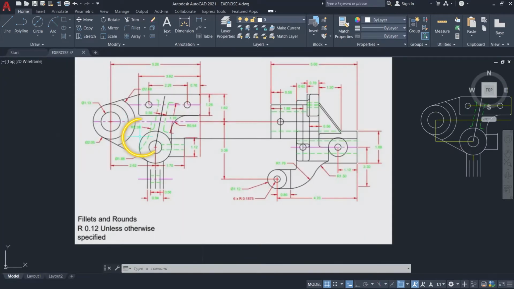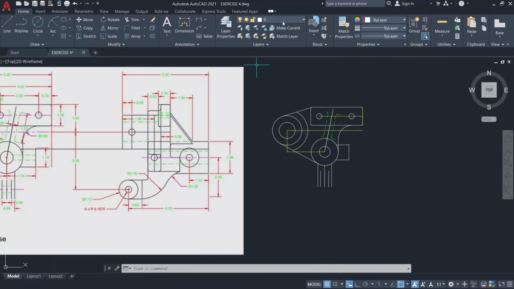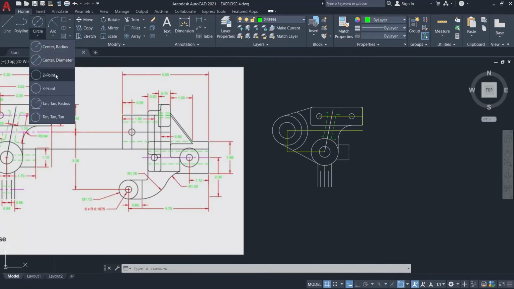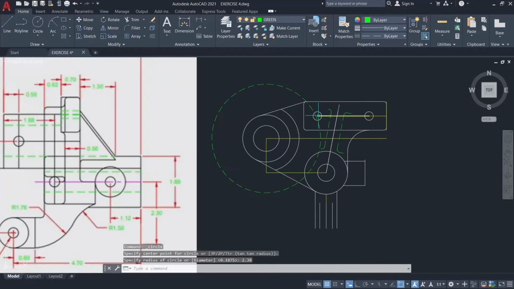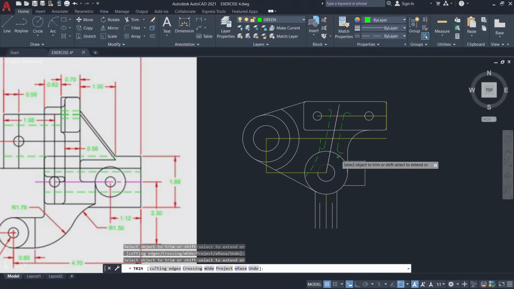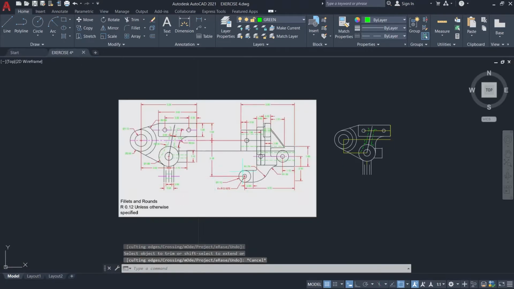Let's move on to this arc. To create this, we're going to use a circle with a radius of 2.38, and just remove those parts of the circle that are not included. Then, to create this green dash line,